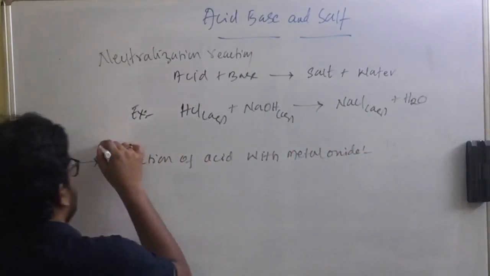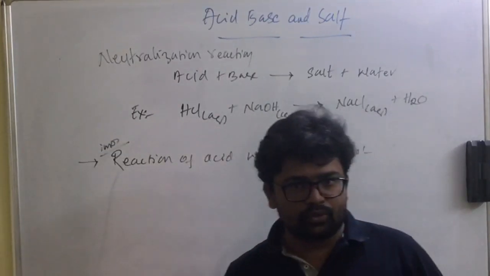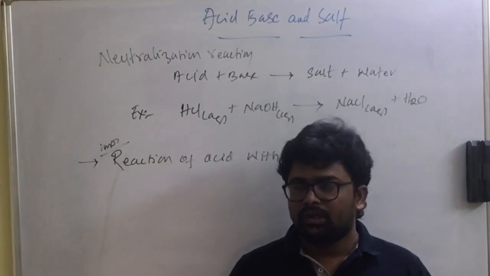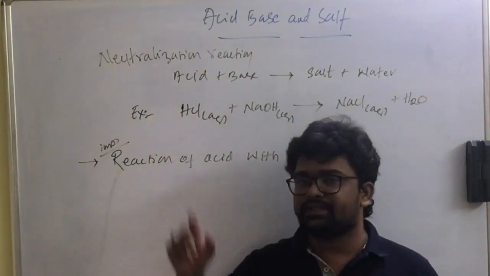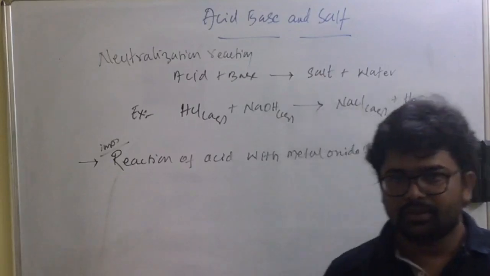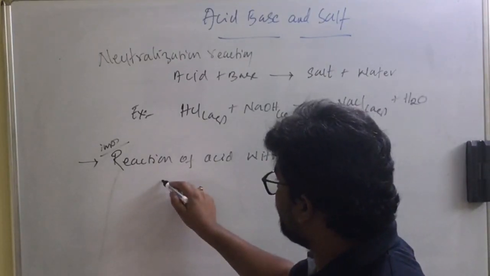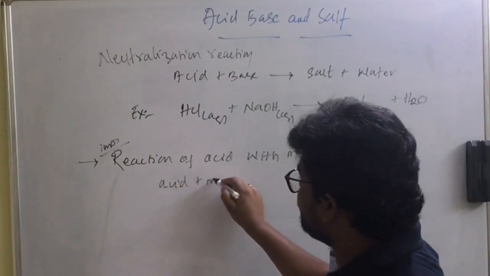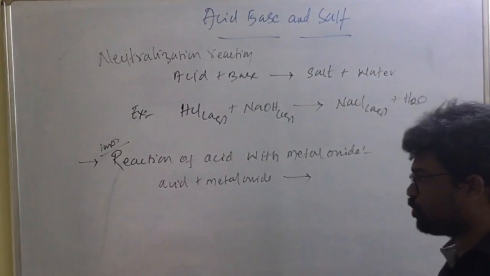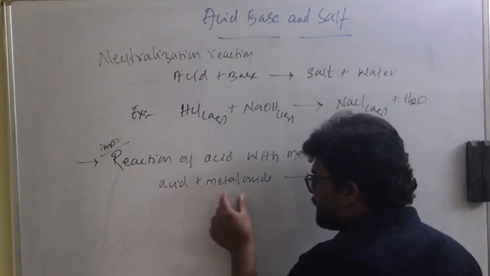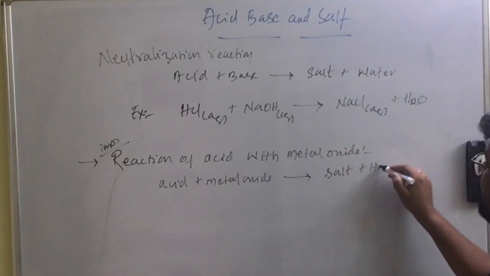It is an important one. So what type of question could be asked regarding this? They'll ask you to give your conclusion or give a reason when acid reacts with metal oxides. So children, let us discuss here. I'll take an example of acid reacting with metal oxides. What will happen? What do we get? When acid reacts with metal oxides, we get salt plus water.